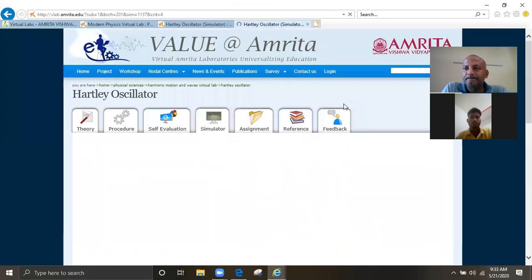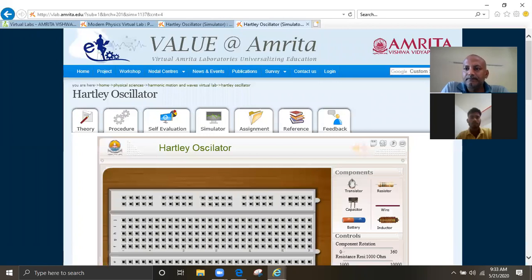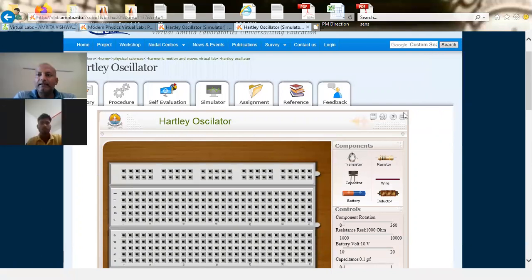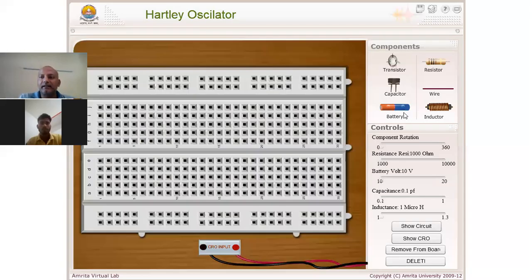First we build the tank circuit. The tank circuit contains two inductive coils L1 and L2. So let me place here L1 and L2.